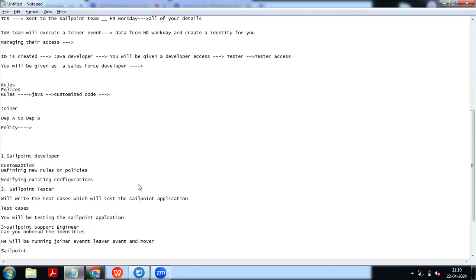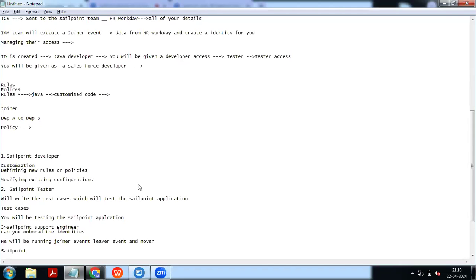So governance always follows the policy. You refer to the policy, and based on that you govern the access and permissions. If he is a developer, he should have access for this and that. That is the policy we have defined. So governance, based on whatever the policy says, follows the footprints of the policy. It will either modify the access, take out the access, or grant the access. That is what we call governance.